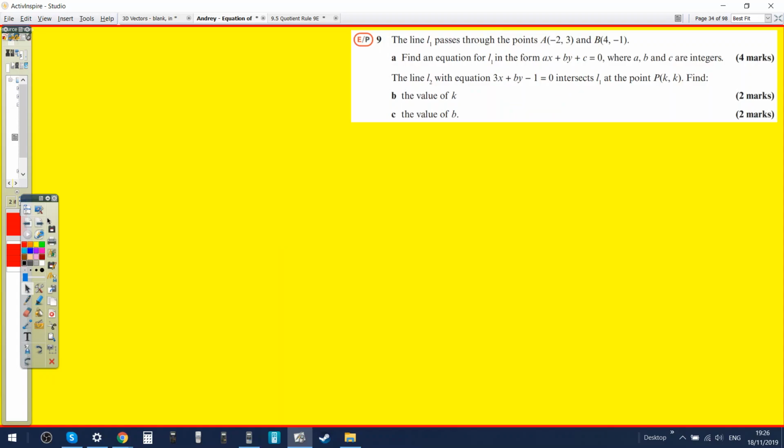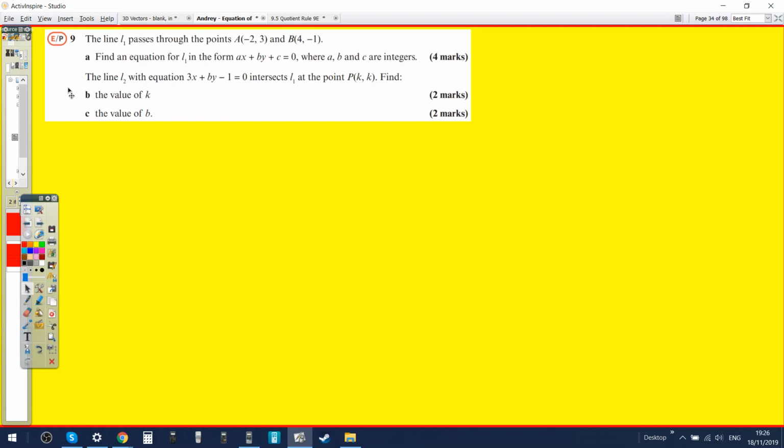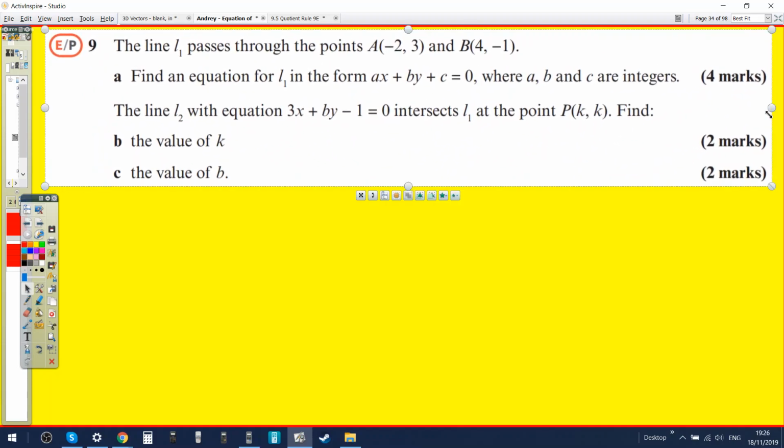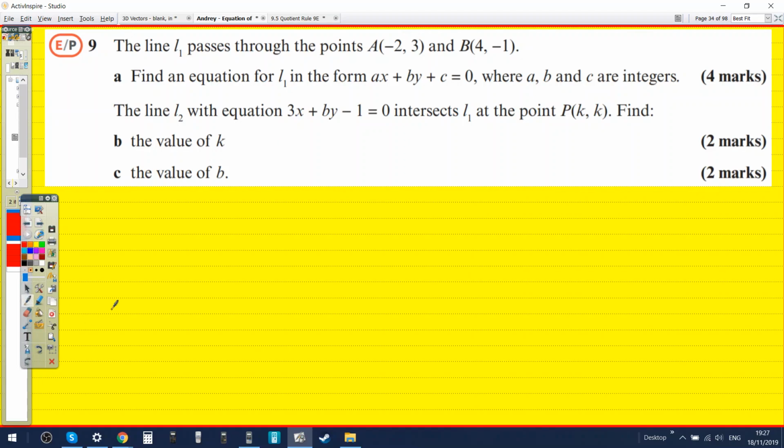Let's see. Okay, I think this one is worth doing, unfortunately. Okay. Let's try this. Okay. So